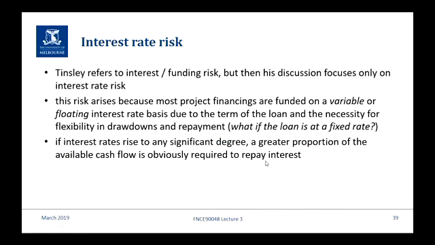So, as I'm sure you all understand, if interest rates rise to a significant degree, then the available cash flow, the amount that is required to service the debt, goes up. So the frustrating thing about being exposed to this sort of risk and other market risks is you can be operating perfectly. You can do everything right. Every day you come in and you're producing 10% above what you said you would in terms of the budget, and you're making sure you can control costs. So in fact, your net margin goes up. It should be a really good outcome for the equity holders.